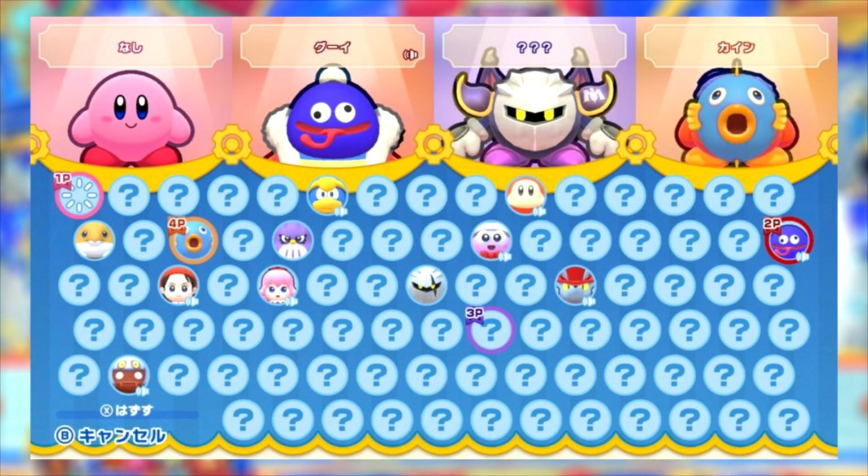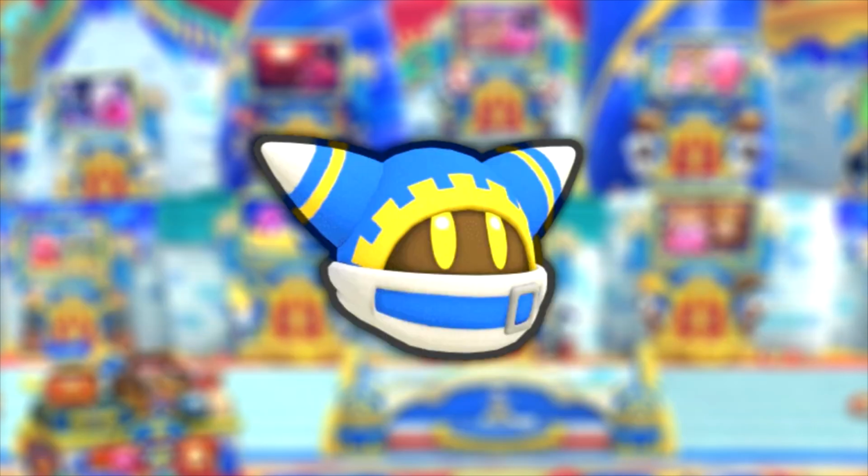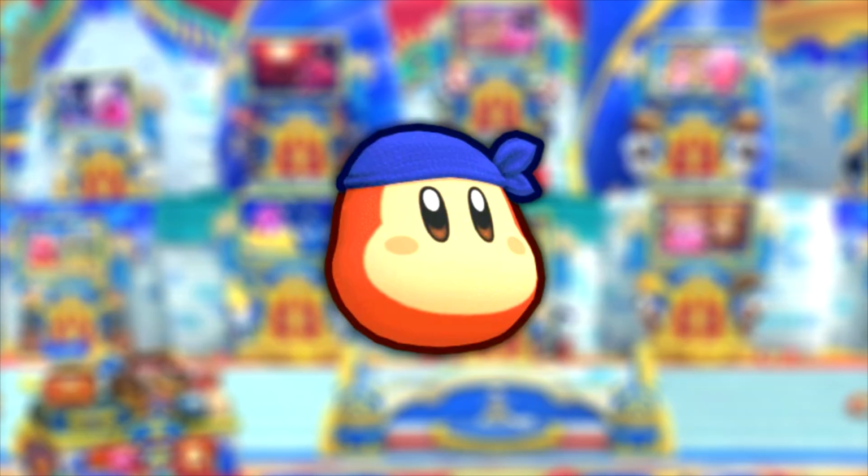Let us talk about those dress-up masks now. There are a grand total of 86 masks available to be unlocked, and they all represent different Kirby characters throughout the entire series. Some masks even make sounds from the characters they're based off. The masks that we have already seen are Kirby, Magolor, Waddle Dee, Bandana Waddle Dee, King Dedede, Meta Knight, Rick,